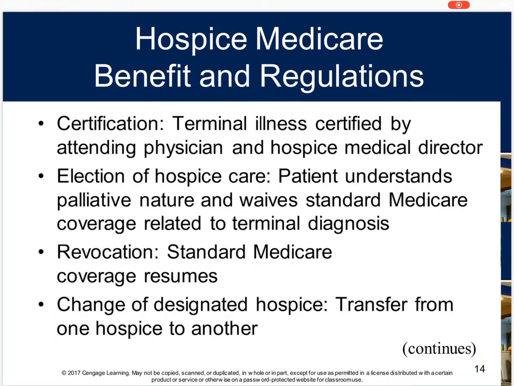So Medicare regulations require that the patient and his or her legal representative sign an election statement at the time of admission into hospice. A lot of times hospice patients are not in the greatest shape, and they do have to elect someone to be their personal representative. So they may be giving them power of attorney for health care, or things like that. Someone has to sign at the time of hospice admission that they are electing the hospice benefits.